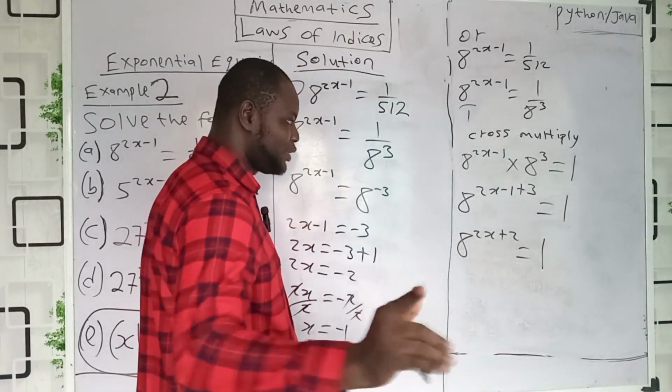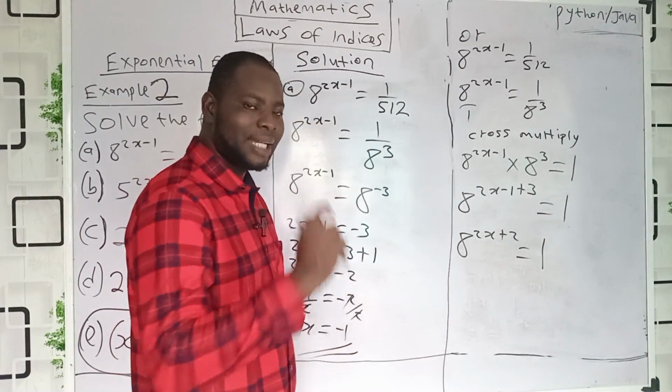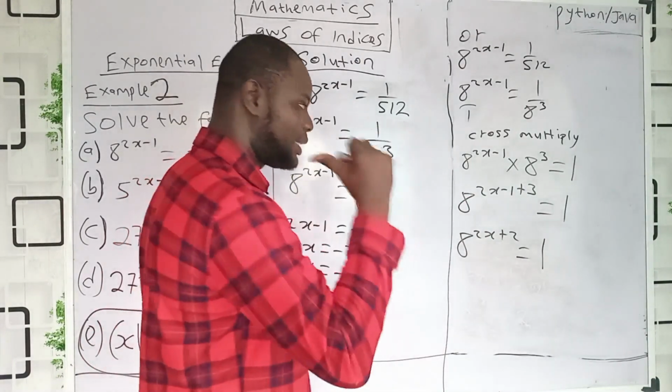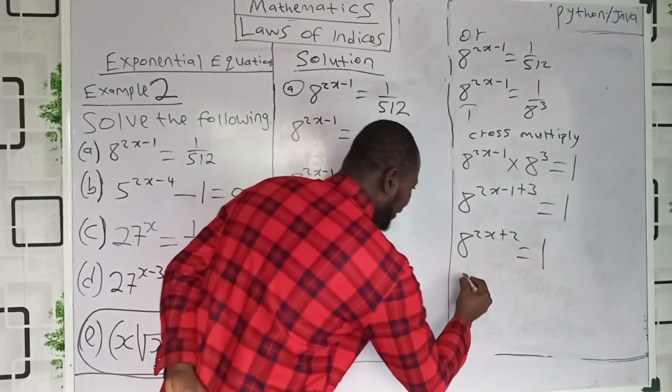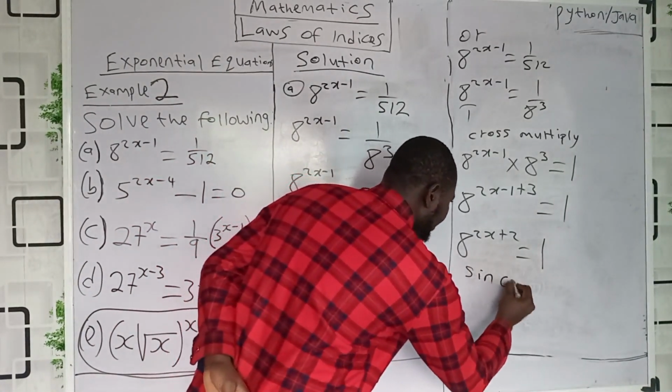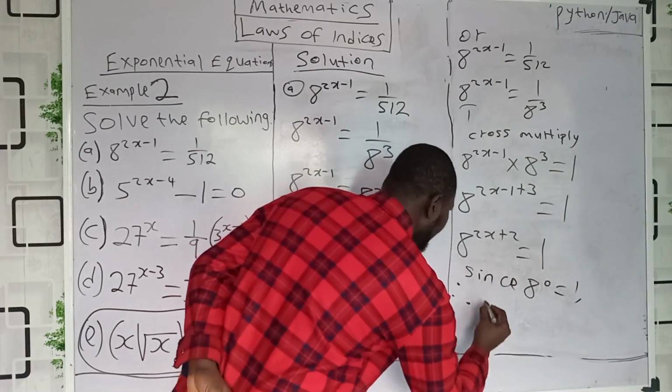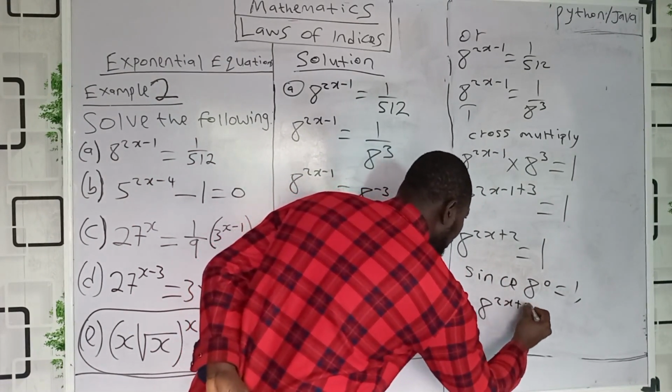Wow, that's beautiful. You remember, any value that is raised to power of 0 is what? Is 1. But that value must not be 0. Don't forget the exception, the condition. I will now say, since 8 raised to power 0 is 1, therefore 8 raised to power 2x plus 2 equal to 8